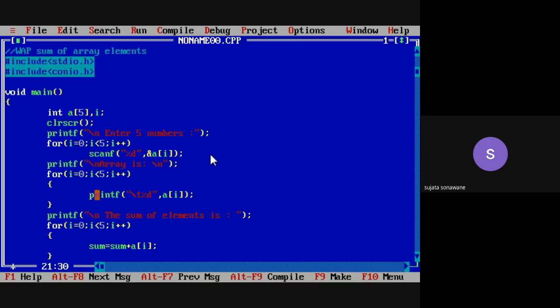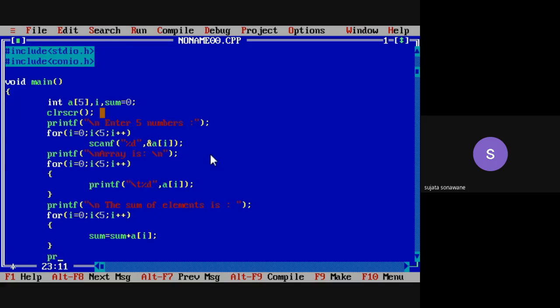But the sum variable is not declared here, so we declare it here, and at the same time we initialize it to 0. We assign the 0 value to the sum variable. So after this, here you can print this value.